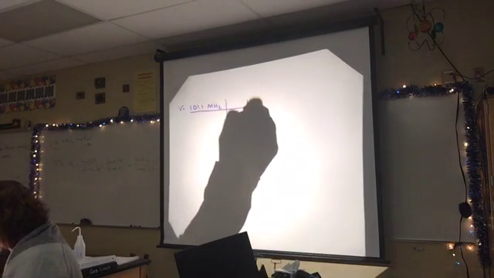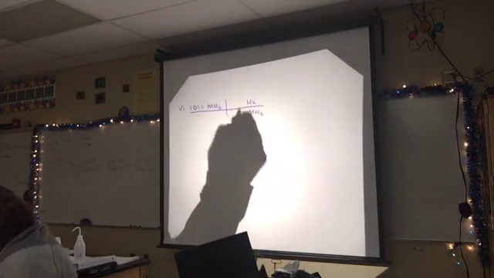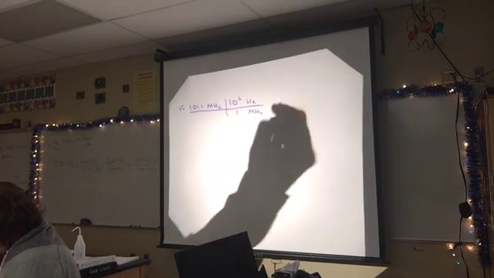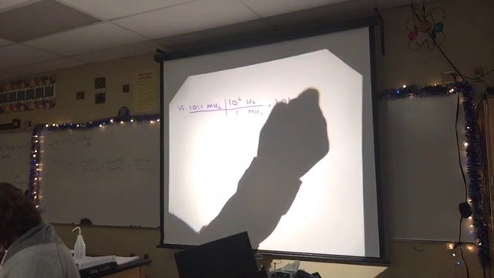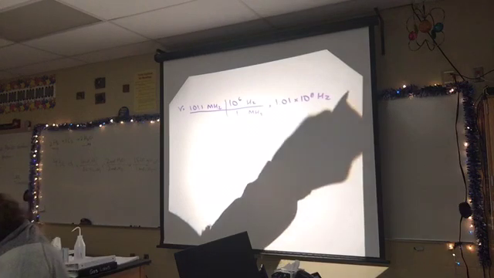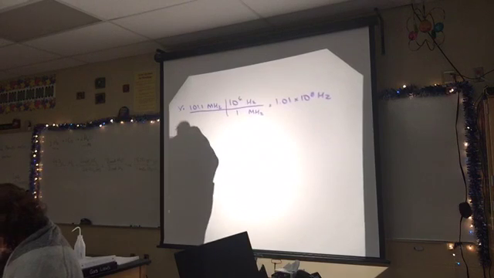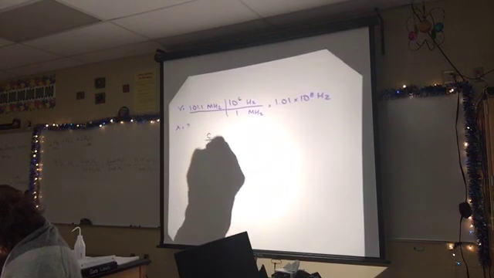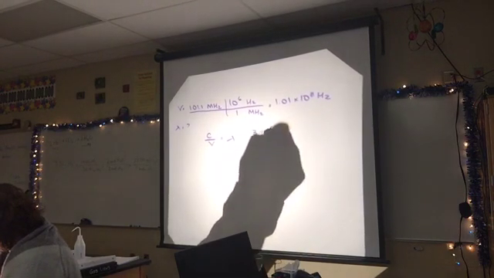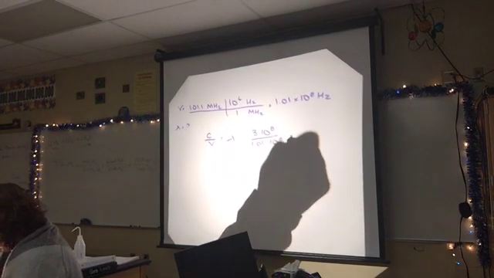So we put hertz up here, megahertz at the bottom. Let's see, 1 megahertz is larger, 10 to the 6th, right? So 1.01 times 10 to the 8th hertz is my frequency, correct? Good. And then, of course, I'm looking for wavelength. My equation is C over V equals lambda. So 3 times 10 to the 8th divided by 1.01 times 10 to the 8th equals